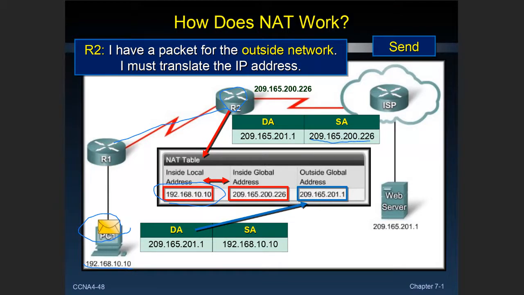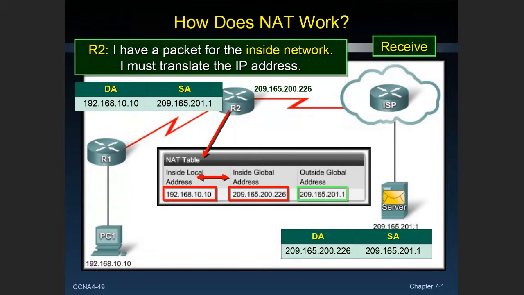And inside the router, your home router maybe, or corporate router, he makes up a little table and keeps that information in there so that when the answer comes back from the web server to you, he knows to correspond to that local packet and translate it back to that local value so your PC can receive it. So this is the sending function. The receiving function is when the answer comes back from the server.